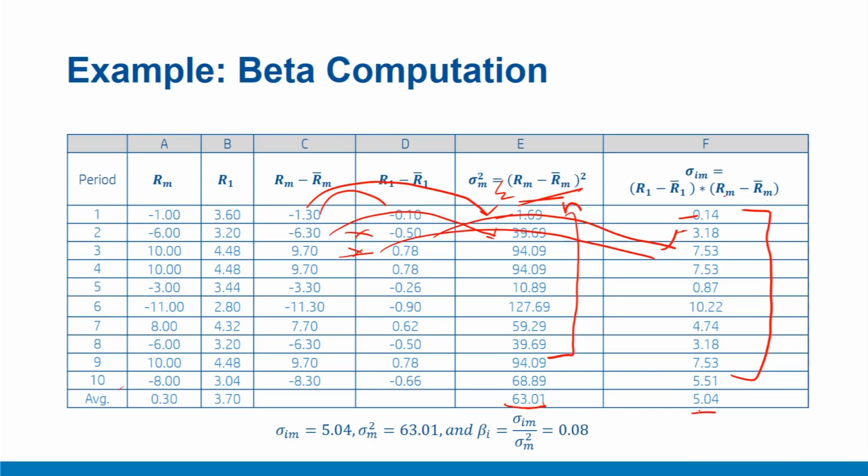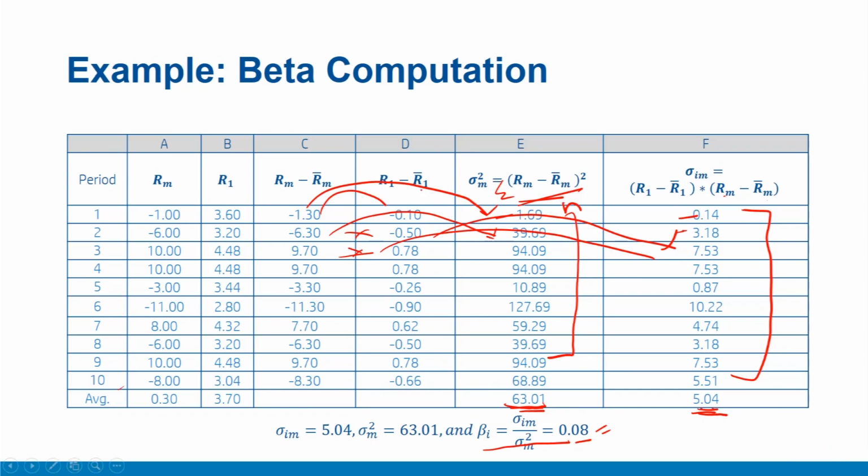Now the numerator of this ratio is our covariance between security and market, and this is our variance of market. If we divide sigma_iM by sigma_m squared, we get the beta measure, that is 0.08, that is 5.04 divided by 63.01, we'll get 0.08, which is our measure of beta of